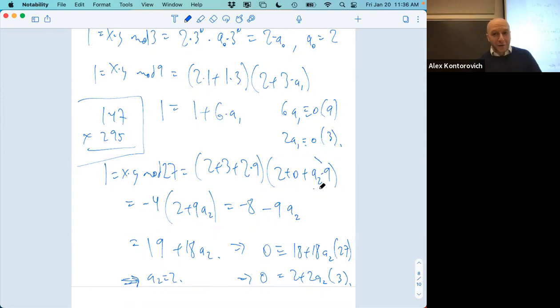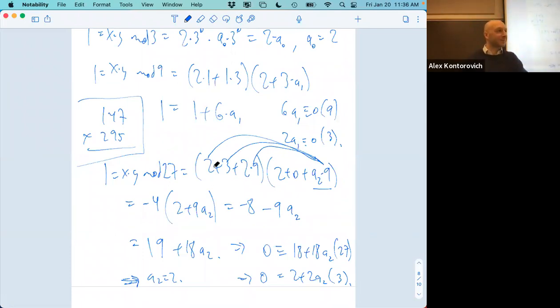Now, this A2 is the only thing we're interested in, and it's going to get hit by a 9, which already makes it 0 mod 27. It's going to get hit by a 3, which also makes it 0 mod 27. So the only thing this is hitting is the 2. That's how we got to the last step, and nothing else here is playing any role. So that last digit always has to get paired with the first digit, and the first digit was non-zero. So there's going to be a solution.